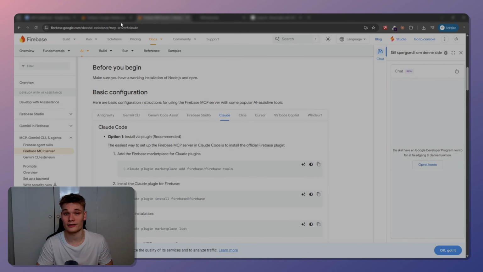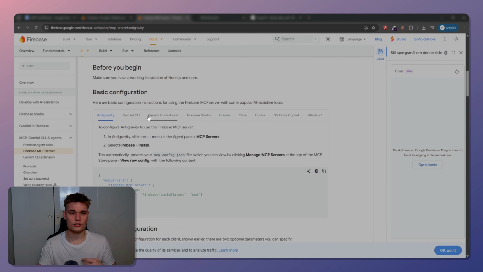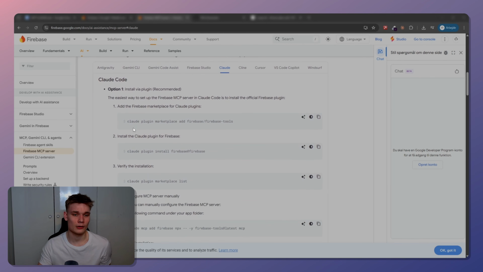Again, I'm going to be linking to this down in the description below. Here we're going to find the plugin to download the MCP server. So go to where it says Claude. Basically, we just want to follow the instructions right here. So first we're going to download this plugin, then download this, and then this. And we should successfully have